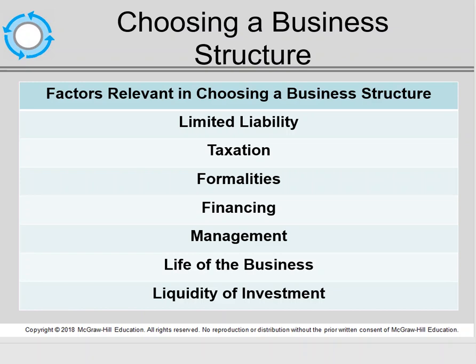The basis of your third essay question on your final exam is to look at the relevant factors in choosing a business structure for a sole proprietorship, a partnership, whether general partnership or limited partnership, and a corporation. We're going to look at the following seven factors, and you need to compare and contrast these factors between those types of entities that I just mentioned.